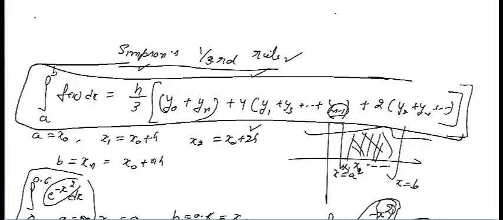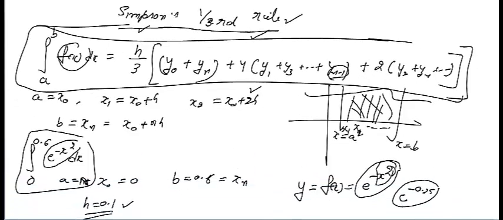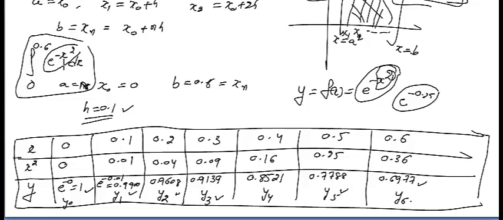Okay. So every time a function is given, that will be the y. So I have taken this example, and in this case the function was e raised to power minus x square. This was the function. Okay. So if you want to proceed with that, you have to decide the h. And because I have decided h in this question as 0.1.